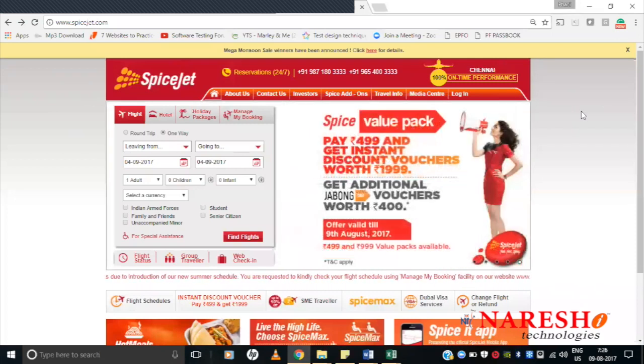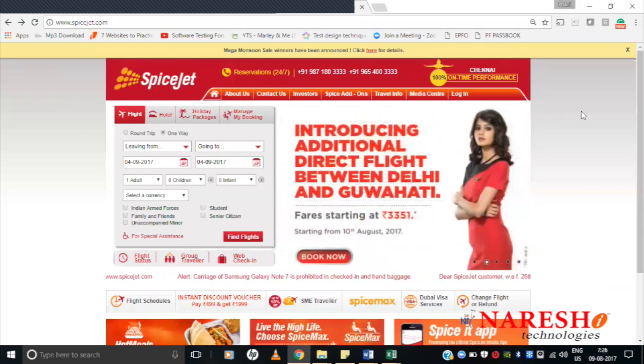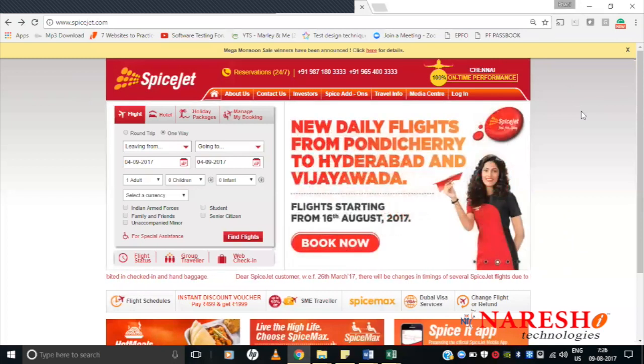So we need to have a document which says, see, this is the scenario that I have executed, this was the expected result, and this is the actual result we got. The expected outcome and the actual outcome both were matching, so I am passing this test case. This is what they require.